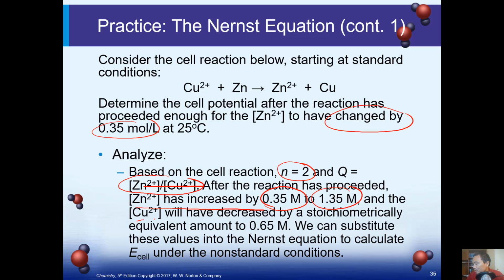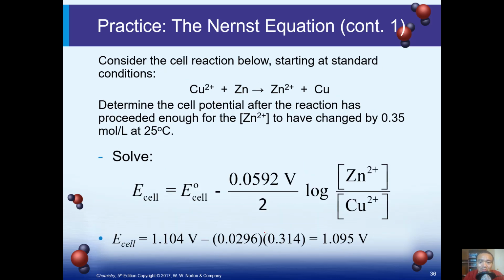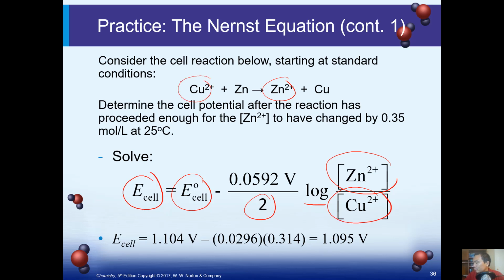And the copper concentration will have decreased by a stoichiometrically equivalent amount of 0.35, so the final will be 0.65. So we can substitute these values into the Nernst equation to calculate the new E cell under the non-standard conditions. E cell is E cell naught minus 0.0592 over n, which is 2, times log Q, zinc over copper. So we substitute all the numbers in, and we have the new E cell